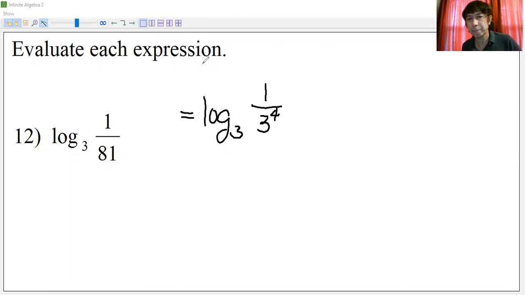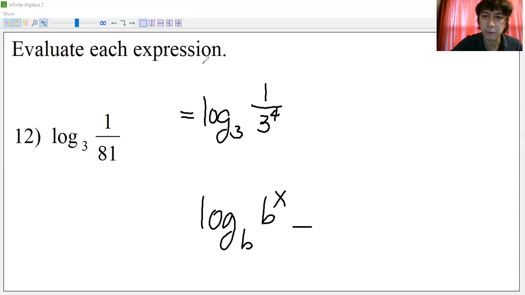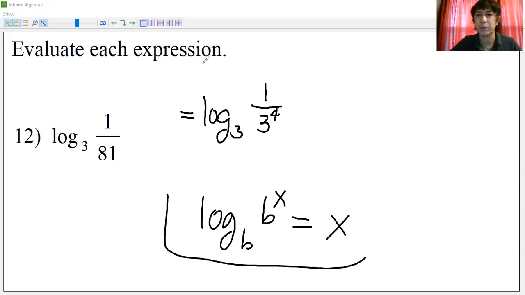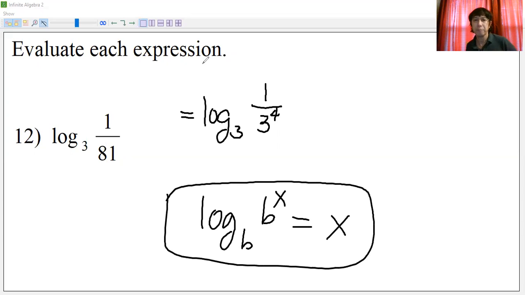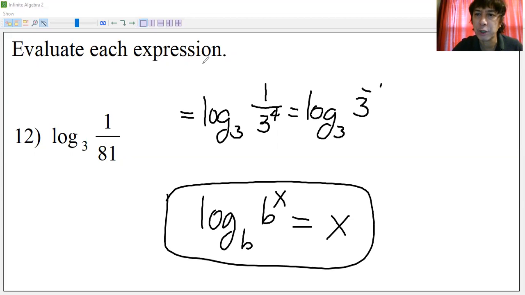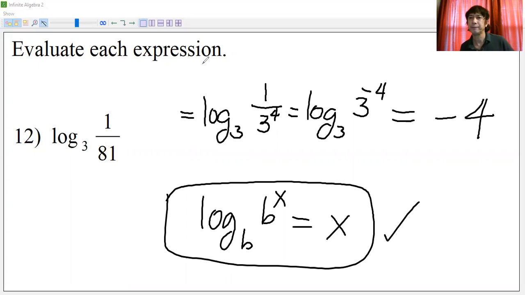But then we shall transform this to the property like this, in order to have it x like that, okay? Remember, we're supposed to encounter something like this, okay? And so we can transform this further so that if we bring this 3 to the 4 on top, that becomes 3 to the negative 4. So this is logarithm to the base 3. This can now be written at the numerator, but we will change the sign of the 4 like that. And so the final answer is negative 4, looking at this property over here.